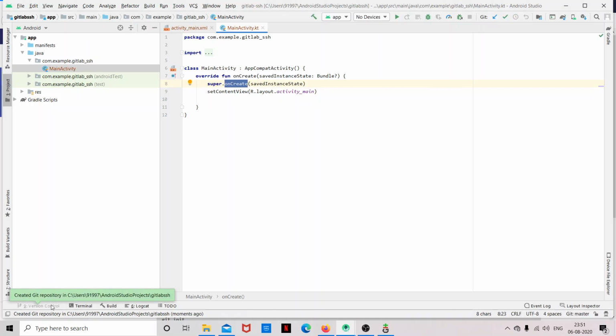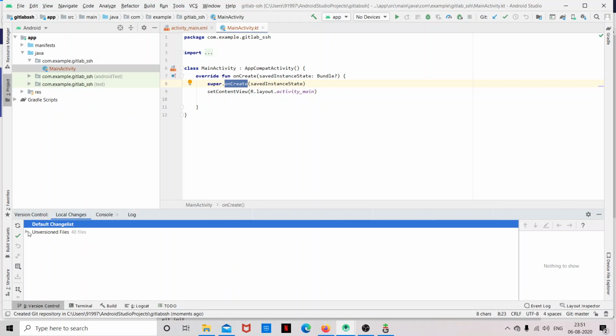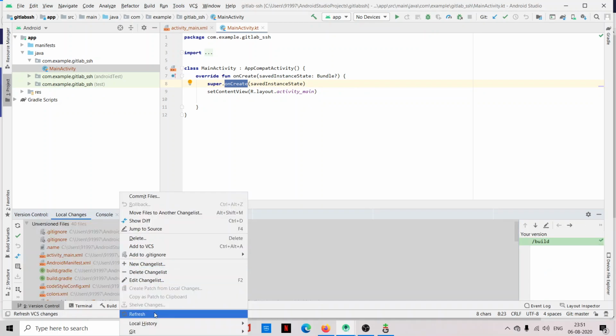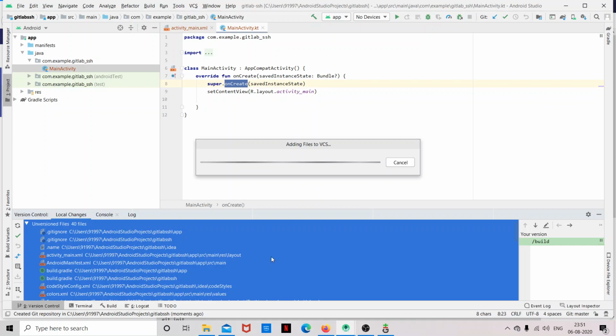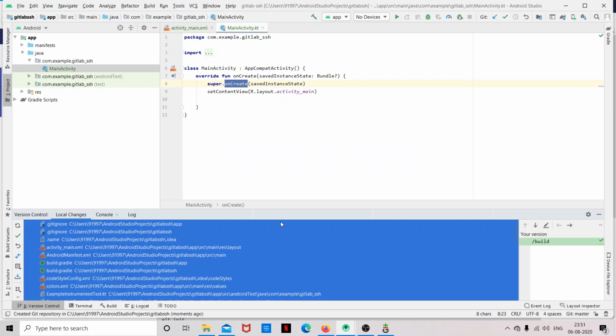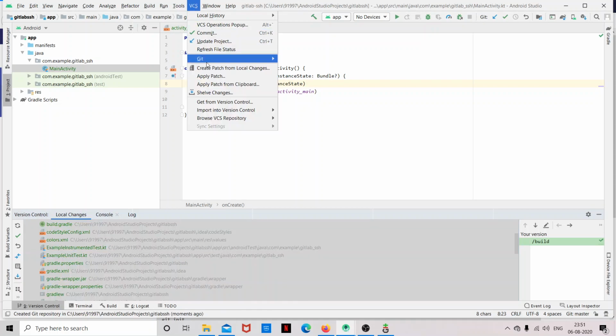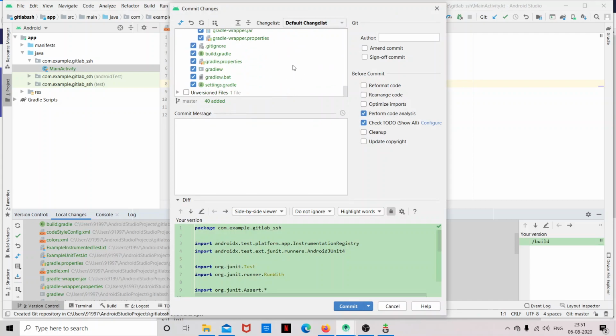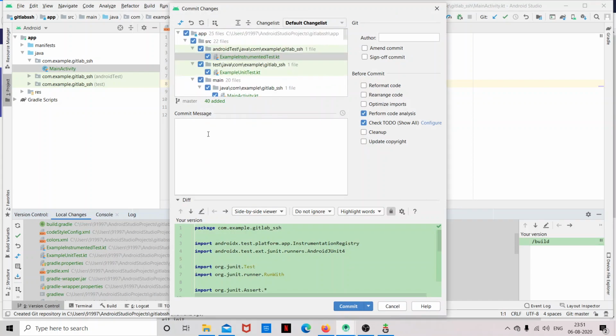Now I'm going to click on version control. I'm going to add all my version control files. Right click, Git add. Then I'm going to commit my files. I can give a commit message.